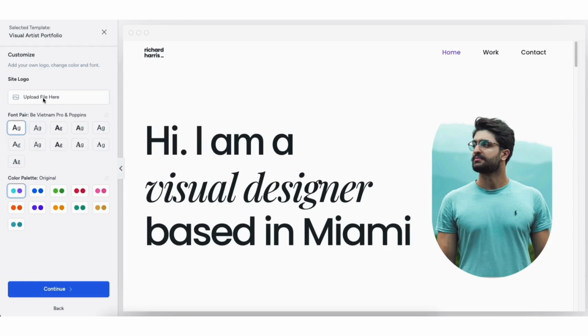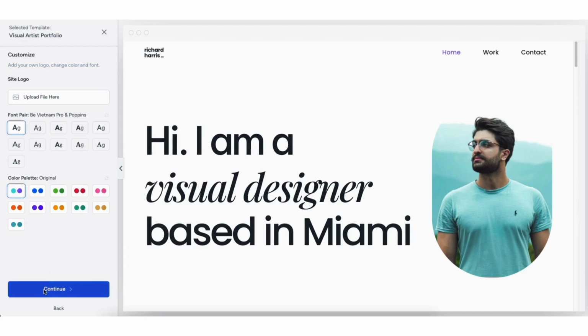You can upload a logo if you'd like. You can do this at a later time, so if you don't have one now, no worries. I cover this later in the video. You can now choose the font and colors for your site. You can update these at a later time or change them whenever you'd like. I cover this later in the video.